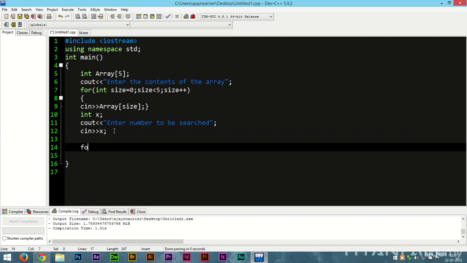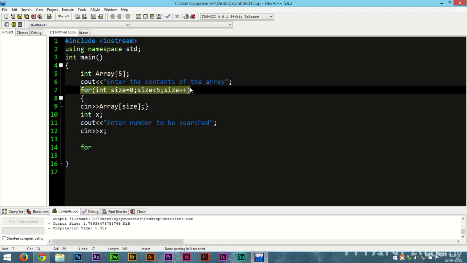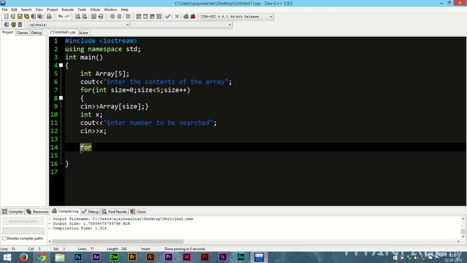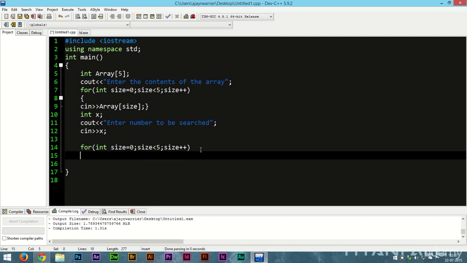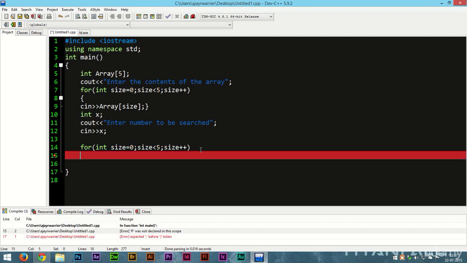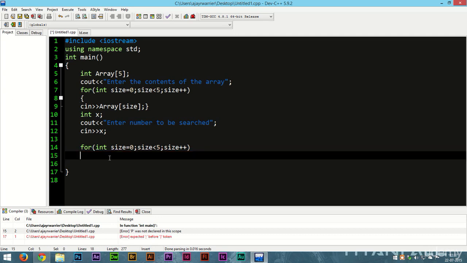Now we'll have to start a for loop. We'll just copy this. Okay, now we'll use the conditional statement if. We learned about that in our earlier sections. If array